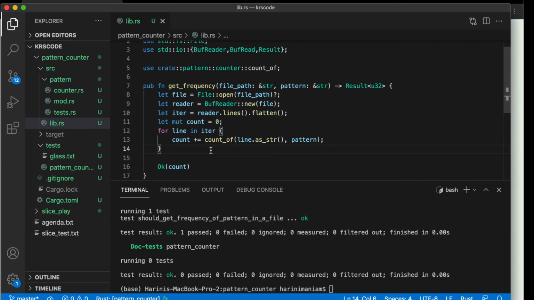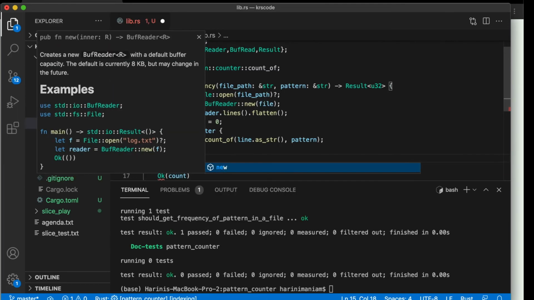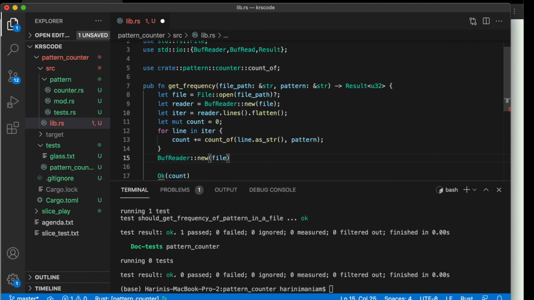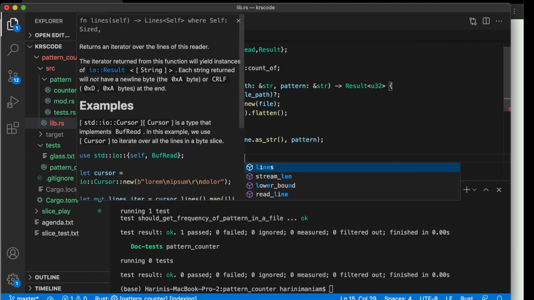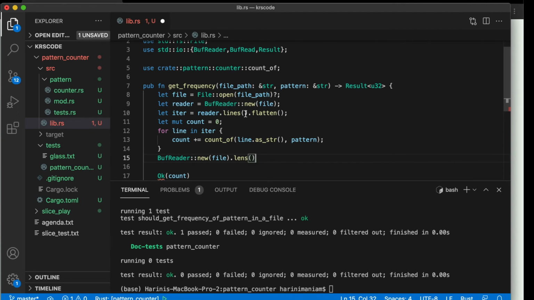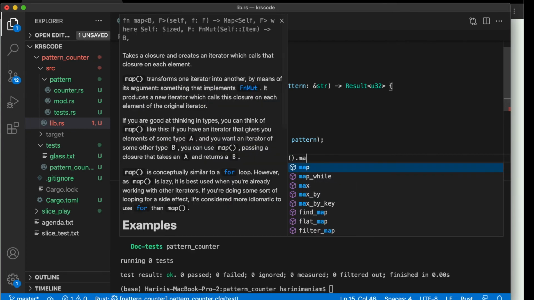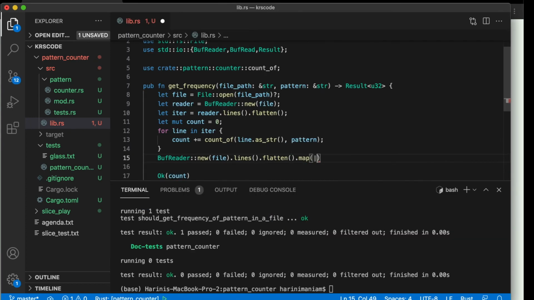In essence, we are taking this BufReader::new of this file, and that is giving you the lines, because it is basically a reader, and then flatten. Then we are using a for loop to travel through this, and for this we can use a map, and then write a closure there, so that will give me this line, and then I'm going to